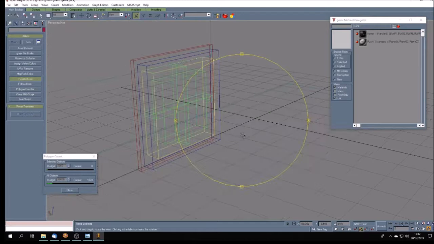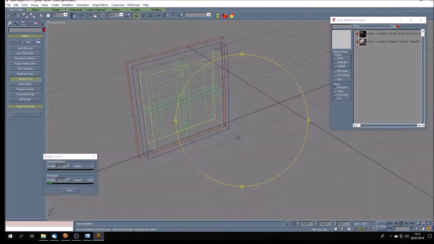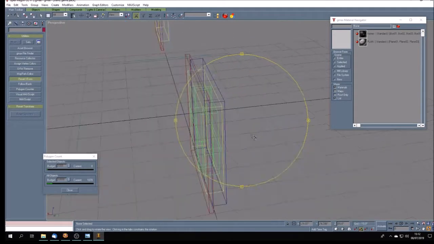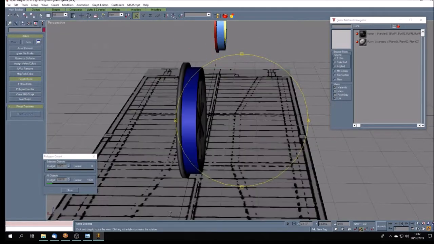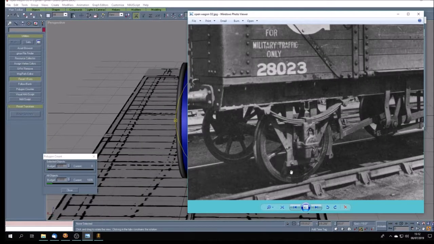Now, I spent some time doing this because I wanted to make sure that the spokes looked okay. I'm still not 100% convinced. I think they're a bit wide. Let's have a look here. They certainly look a lot less wide. So what I'm going to do is